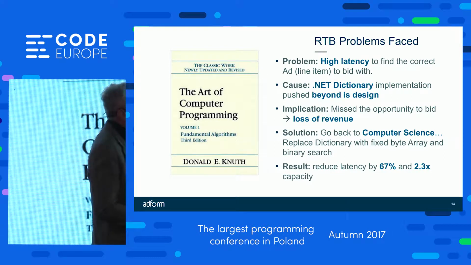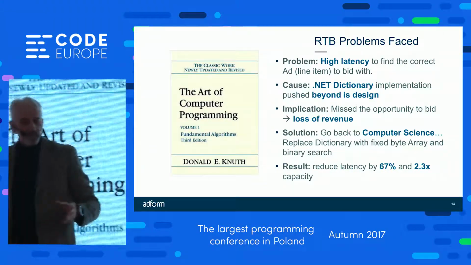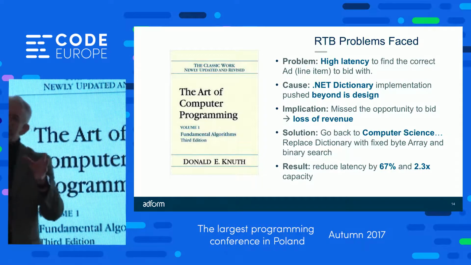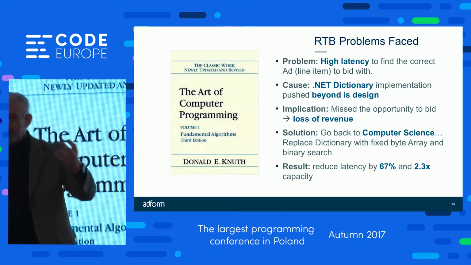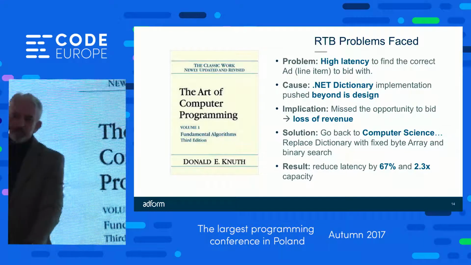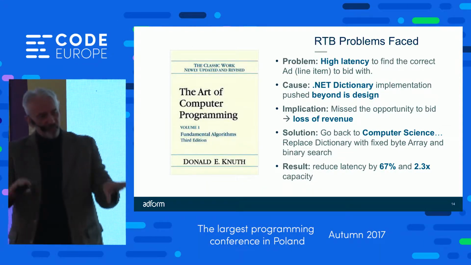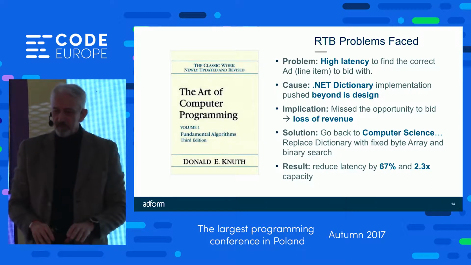So we had a problem of high latency. The cause was .NET dictionaries. We'd built inside our bidders this structure made out of .NET dictionaries. It was essentially a bunch of filters. So if it's male, go this way. If it's interested in cats, go this way. If it's somebody who lives in Poland, go this way. So a set of filters, like predicate filters in an SQL statement.